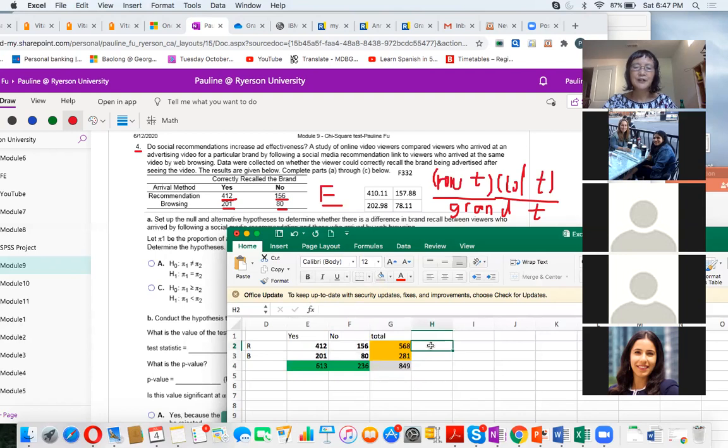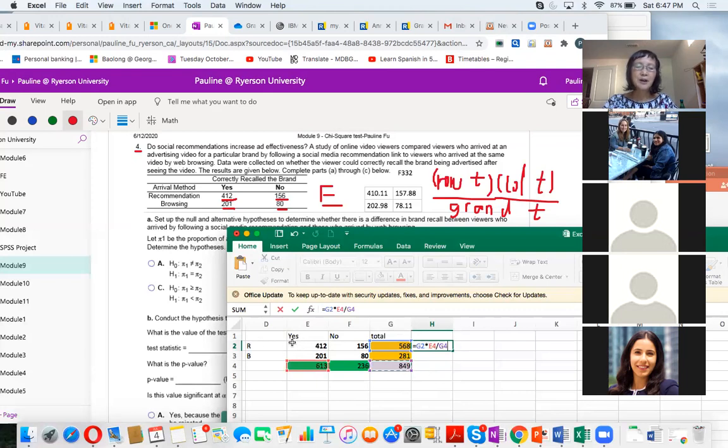Okay, so the first expected number equals row total 568 times column total 613 divided by grand total 849. And the result would be the expected value for the recommendation method